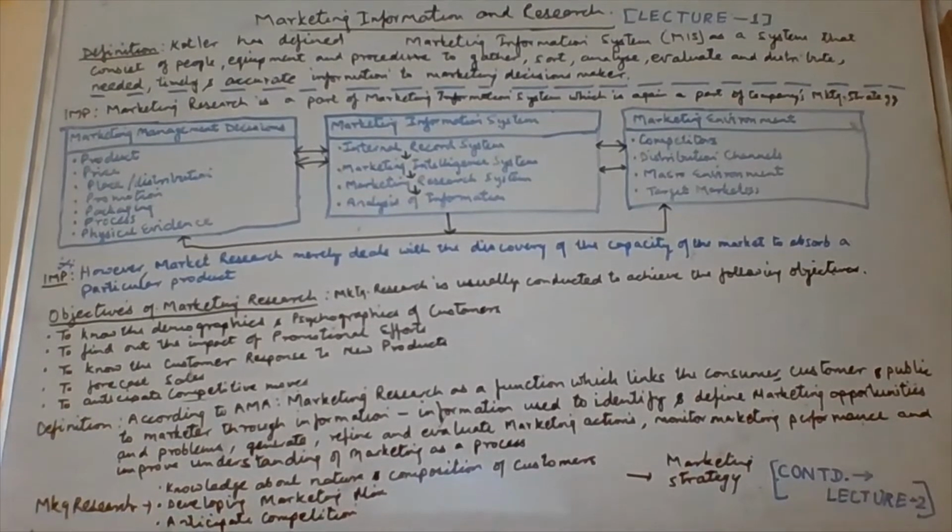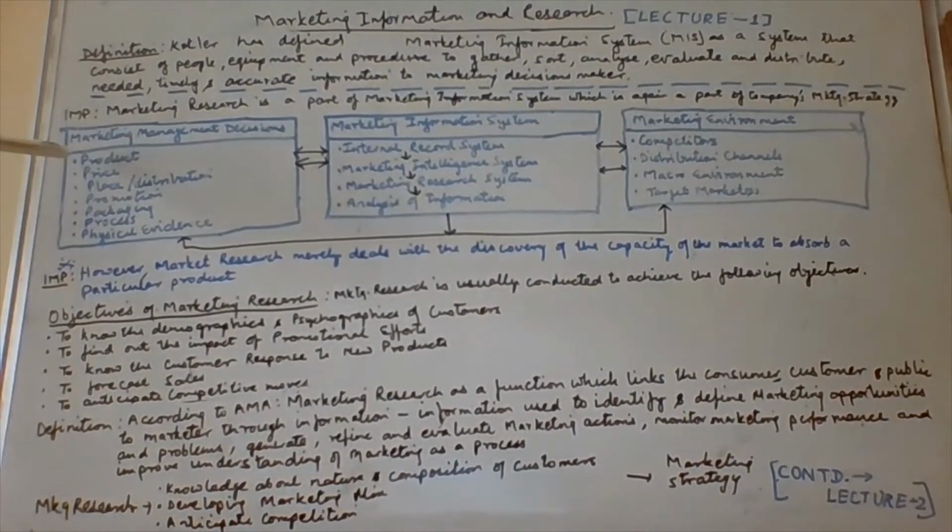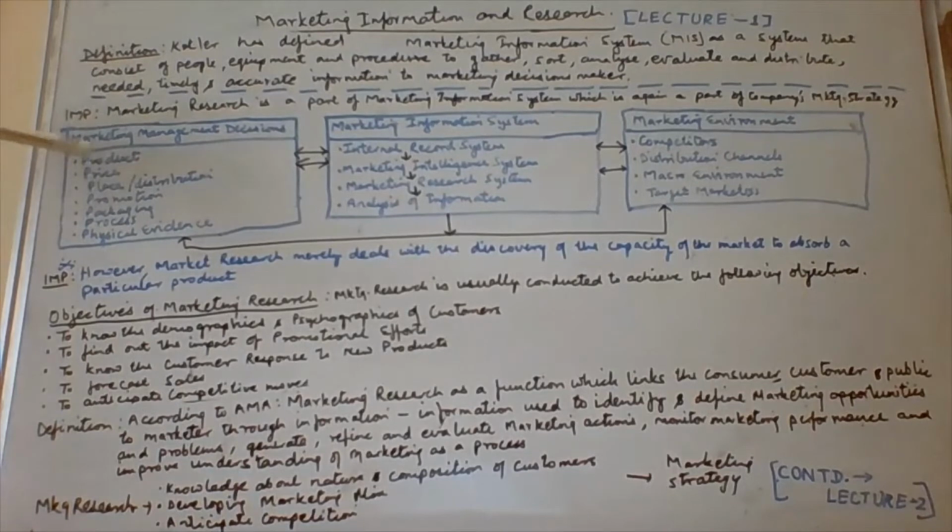These decisions are related to product. When we talk about product, it is the size, shape, type of the product, the development of the product, the branding, packaging, and so forth. Then the appropriate price of the product, as to what should be the price of the product to be sold into the market, because one has to look out whether the product is a monopoly in nature or in other aspects. Then place, the distribution system, as to what should be the channel to reach the consumers.